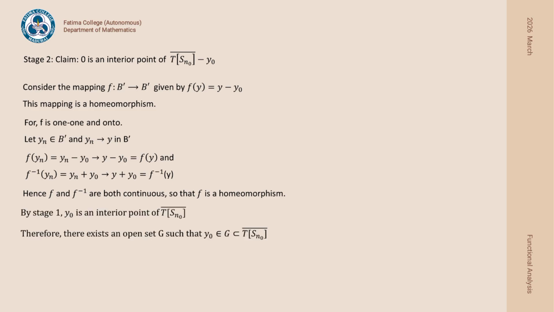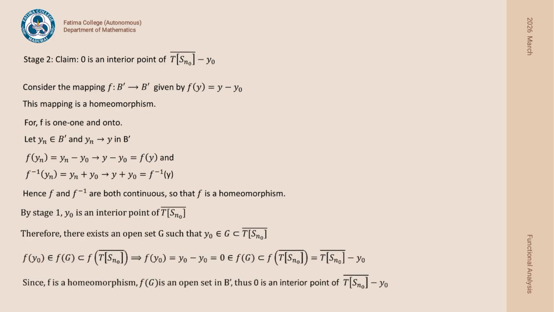By stage 1, we have y naught to be an interior point of T of Sn naught closure. By the definition of interior point, there exists an open set G which contains the point y naught and is contained entirely inside T of Sn naught closure. Therefore, we have f of y naught belongs to f of G, a subset of f of T of Sn naught closure. By definition of f, f of y naught is equal to y naught minus y naught, which is equal